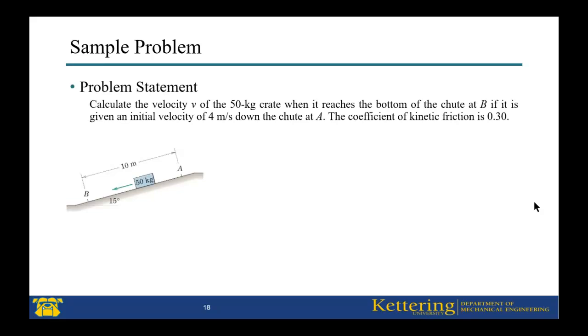If I give you this problem, you can already solve it using the equations of motion along x. I gave you a similar problem for the homework. However, for this problem, I want to use the principle of